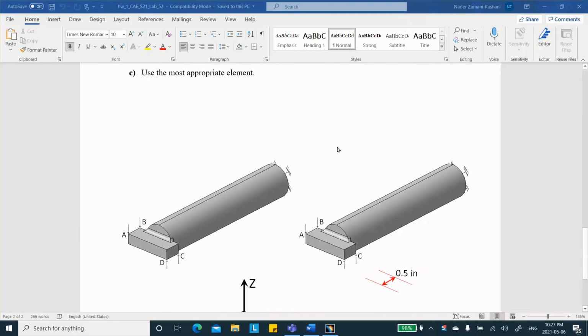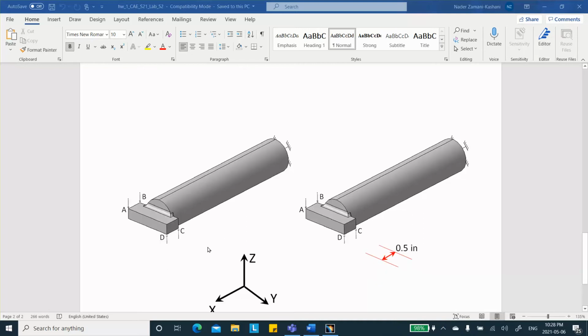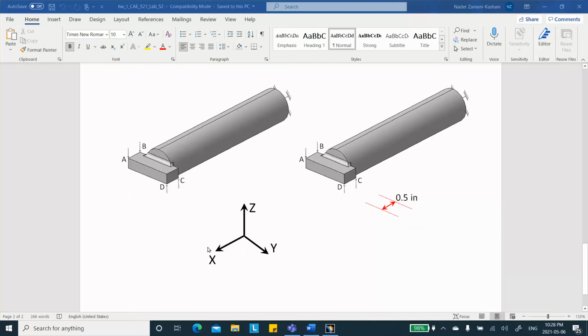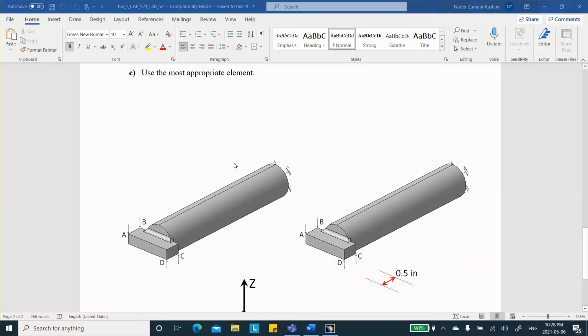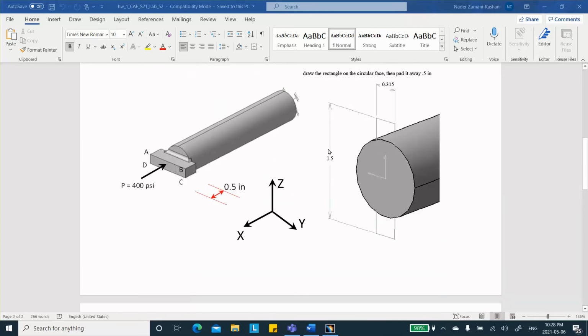So we have a shaft here which is 10 inches long. The diameter is 1 inch. And there's an embossment here, and it has a fillet. The fillet radius is 0.1, and I just noticed that